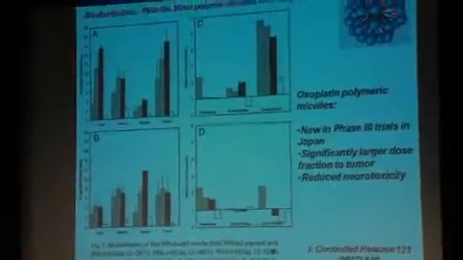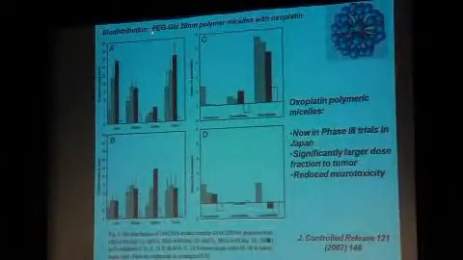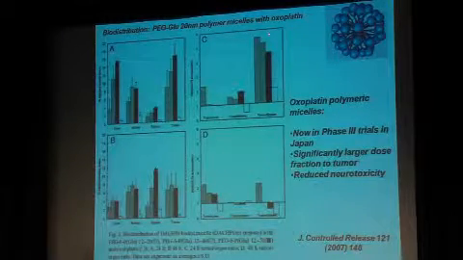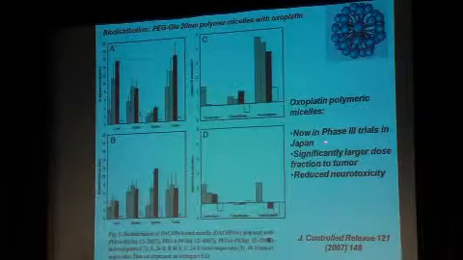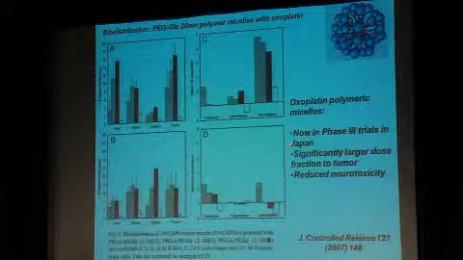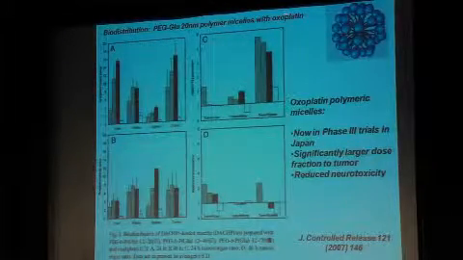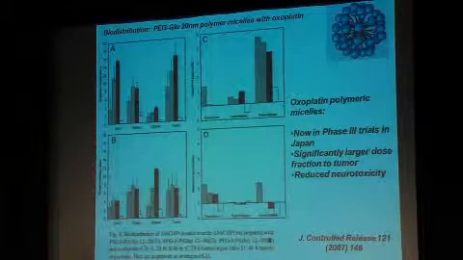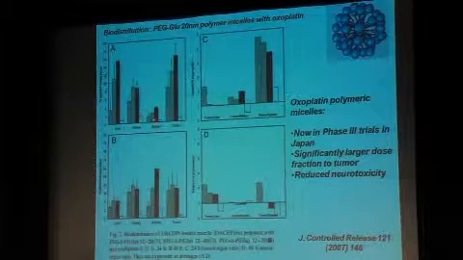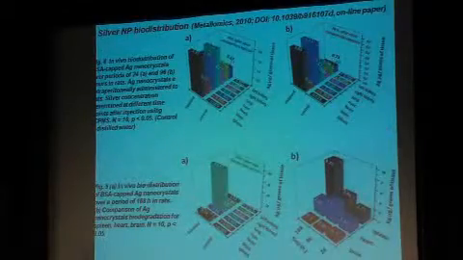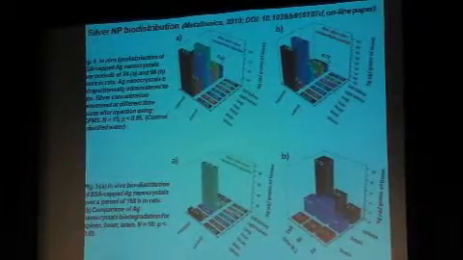So here again, the micelle in a different system. This is a different polymer chemistry, 20 nanometer polymer micelles, this time with cisplatin instead of adriamycin, and the message is the same. This is in phase 3 trials in Japan, and we get reduced neurotoxicity that's intrinsic to the cisplatin drug, but the problem is that we get liver, kidney, spleen deposition, and some to the tumor. All right, that's state of the art. Let's move to some other things.